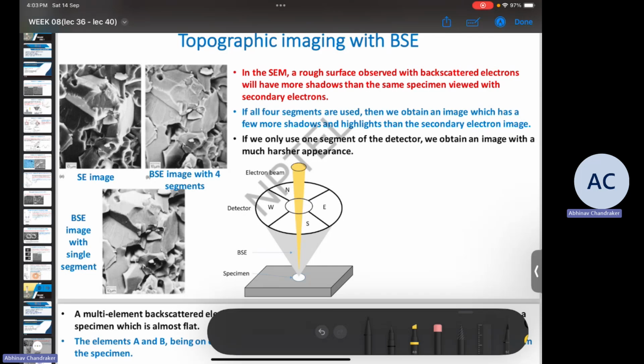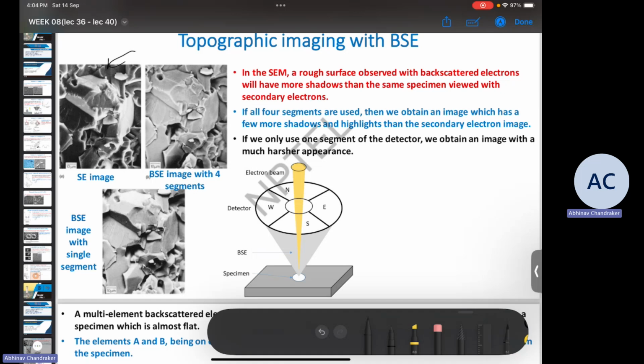The reason for this is quite straightforward. The tilts on the specimen can have a larger effect on the SE emission compared to BSE emission, and that is one factor. And another is that SE electrons can very easily be detected at a very high efficiency. So almost all of the SE electrons get captured, while in case of BSE, only those which are in the line of sight can be captured. So because of both of these twin reasons, SE images are more commonly used for getting topographic information,